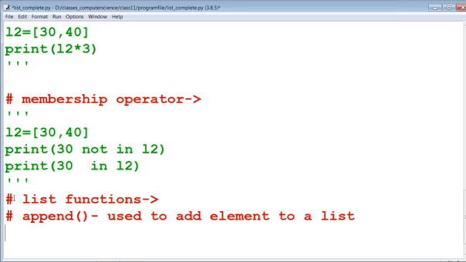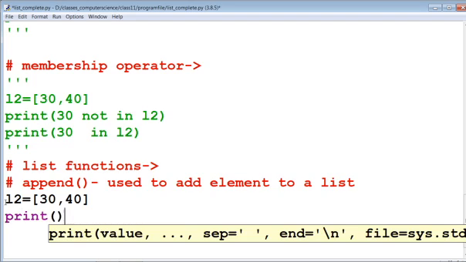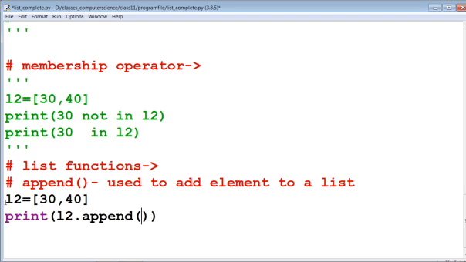Now suppose that we have defined here list 2. Now if we are going to print L2 dot append, we have to pass the element here. Suppose that we are going to pass 50. Now we can check the output.